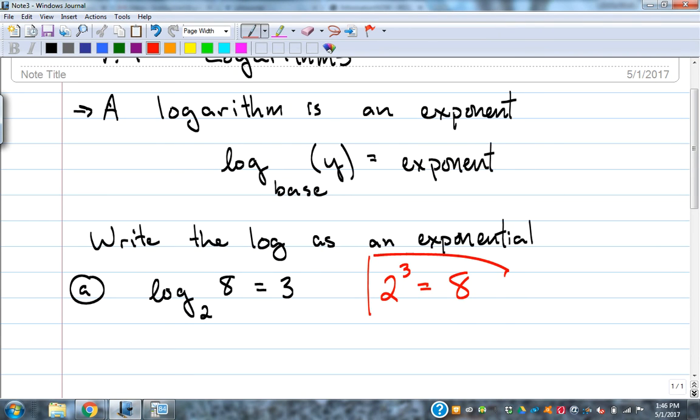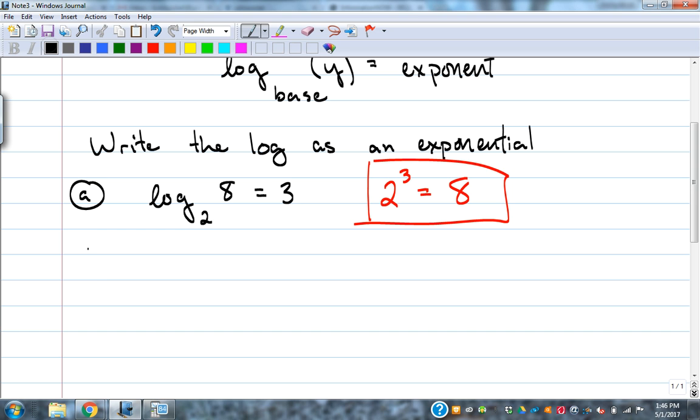And then that's it. We're not doing anything else with it. We're just rewriting it. Yes, this is that easy. We just got to remember how to write it. Log base 3 of 81 is equal to 4. So that's our log. We want to rewrite that as an exponential. So the base would be 3 to the equals